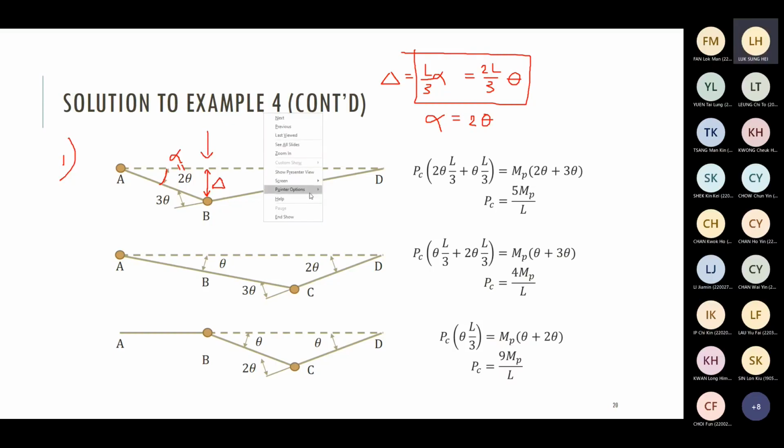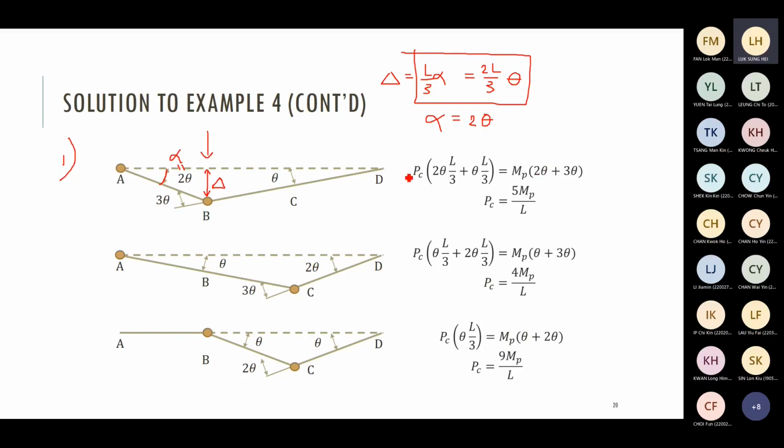Okay, some tips for you. You will see this tip again in the next chapter. But anyway, we have one side theta, one side 2 theta. Now we have to calculate our internal work and external work. Internal work,